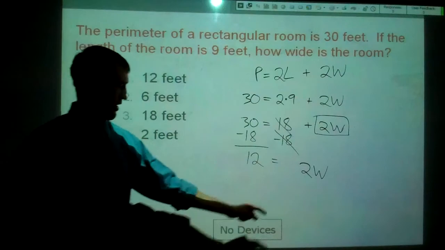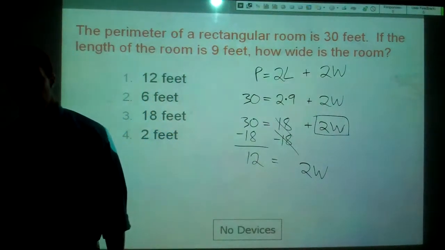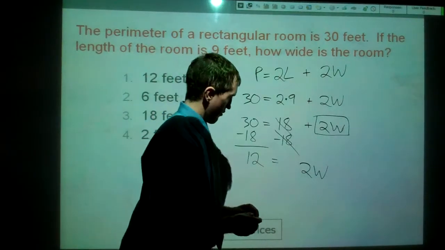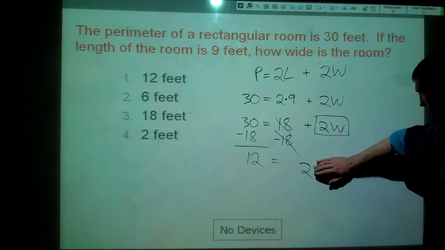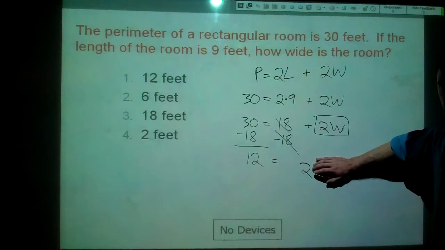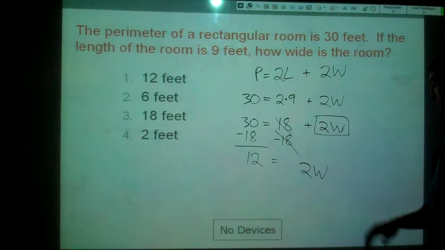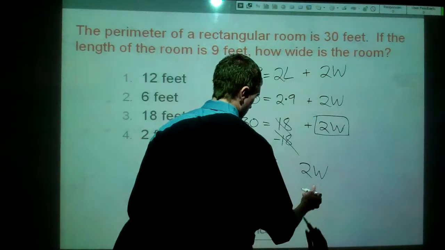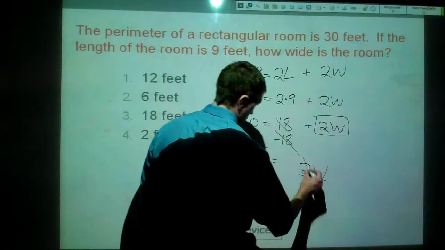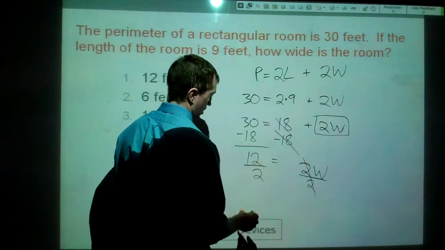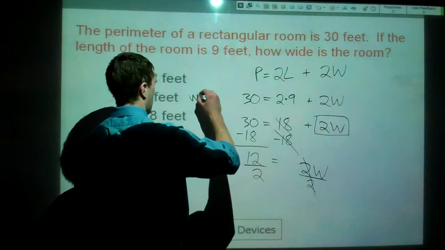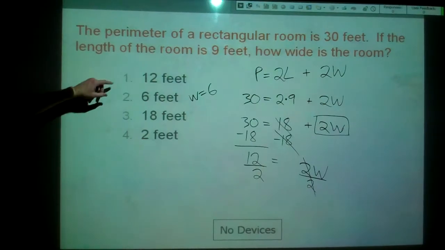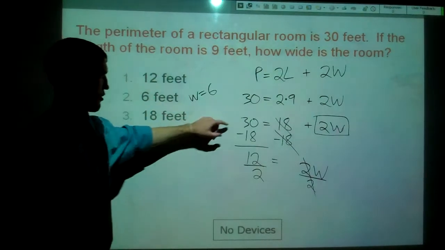And we have 2 times W. So we're going to do the inverse of multiplying whatever's happening to that. So cover up our variable again here. 2 times what gives us 12? Well, 2 times 6 does. And the way that we would figure that out more mathematically, we're multiplying here, so we're going to divide. We're going to divide by 2 on both sides. 2, those cancel, divide by 2 here, we get 6. So W equals 6. I had a lot of students answer 12 because what they did, they got their 30 minus 18